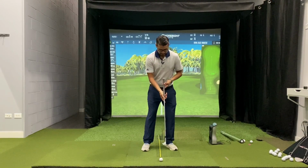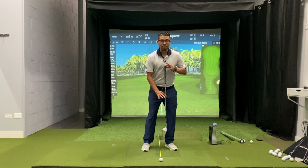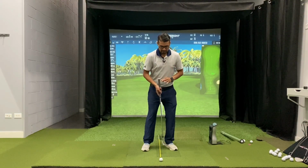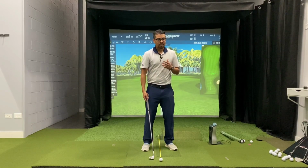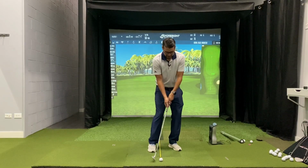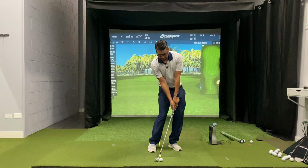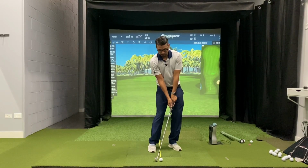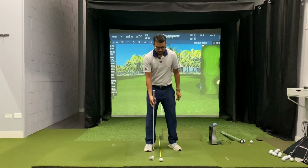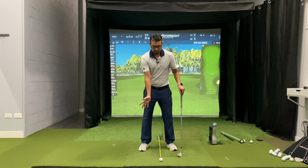When done correctly, feet slightly more narrow than shoulder width, more weight on the front side. This ball position, it's going to be just back of center. So if we drew a line straight down from the button on my shirt, my sternum, this ball is going to be an inch back of center. I see too many people put wedges too far back in their stance. So I'll see them stand like this. And now that ball is multiple inches back. What happens, they start to lean the shaft excessively forward, they start to tilt, and then they're gonna have issues with contact. So we want that ball middle of the stance, feet just inside of shoulder width, pressure on the